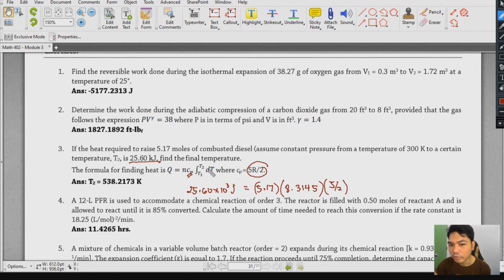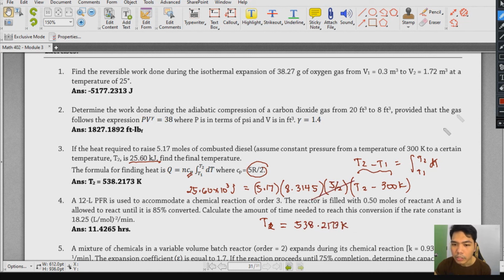So, what is the integral of dT from T1 to T2? So, that's just the difference between T2 minus T1. And your T1 is simply equal to 300 Kelvin. So, ito na yung T2 minus T1, which is simply the integral from T1 to T2 dT. So, ito yan. So, that is our expression. Therefore, upon shift solving, T2 would be equal to